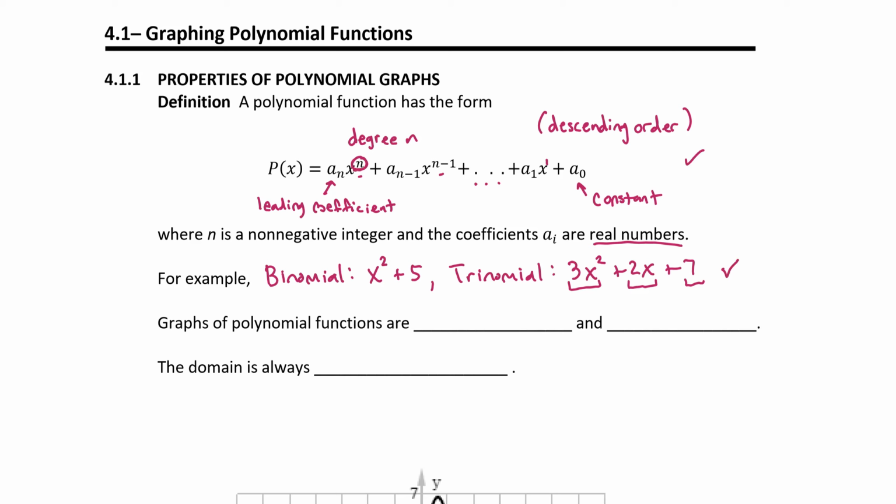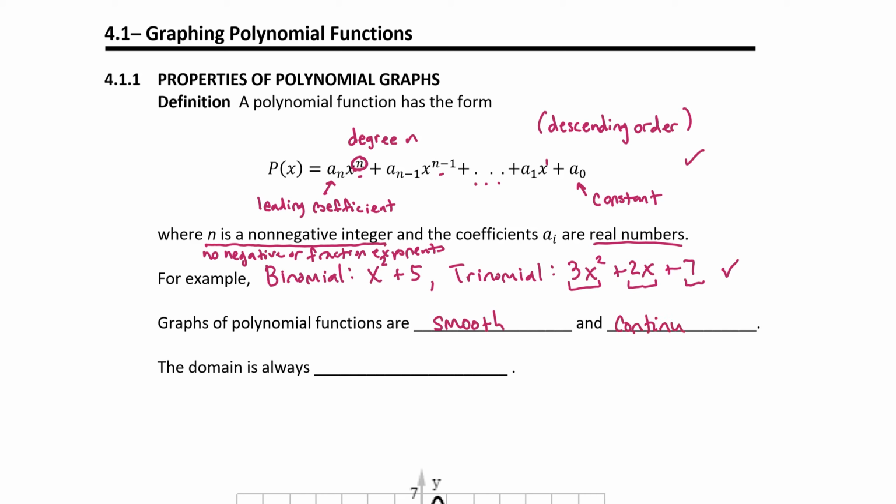Now, the degree, the highest exponent I can find, has to be a non-negative integer. That's going to rule out fraction exponents or negative exponents. So let's make a note: no negative or fraction exponents. That also rules out radicals. So polynomials are actually pretty user-friendly. All of the things that generally give us trouble, negative exponents, fraction exponents, or radical functions, will not be involved with polynomial functions. Graphs of polynomial functions are smooth